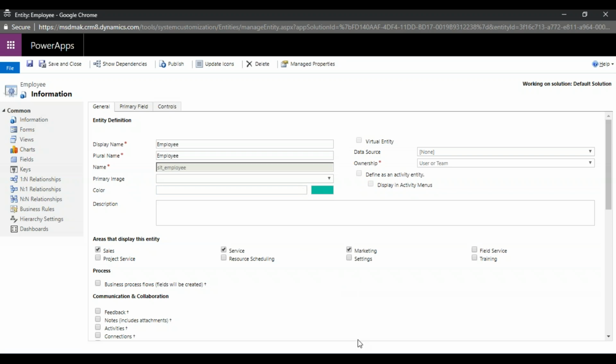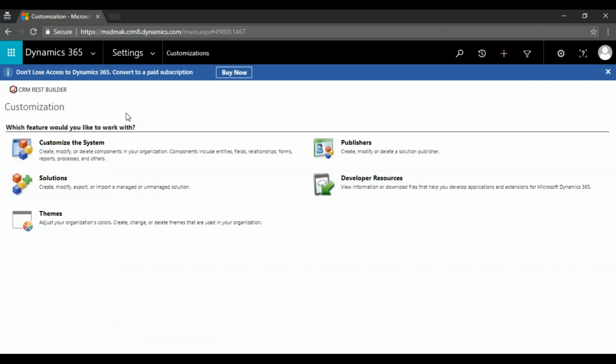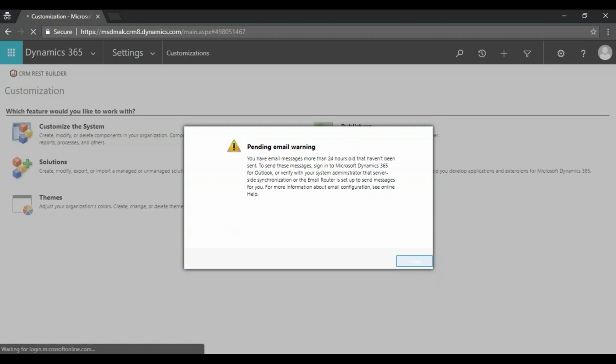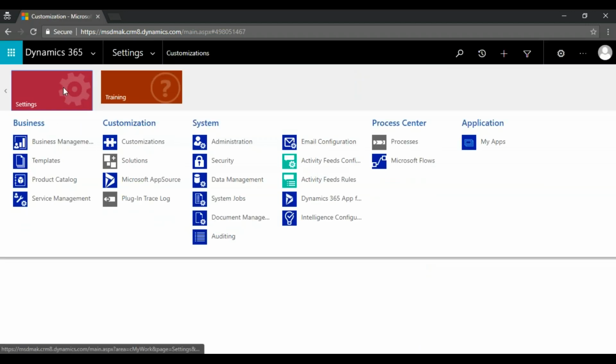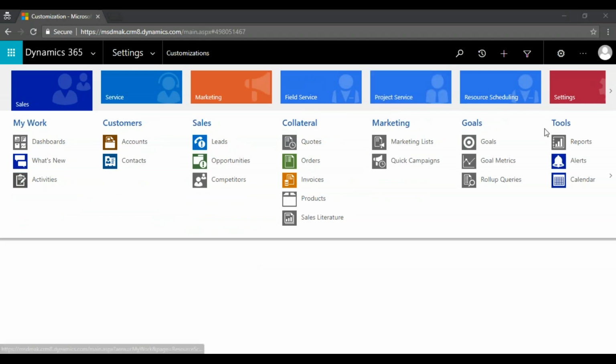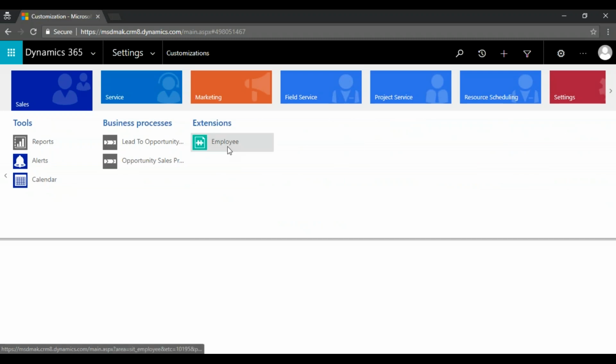Now I published this. After publishing, if I go to the CRM instance under the sales module, I'll be able to see this entity. We will see this green color, right? Oh, you can change it.